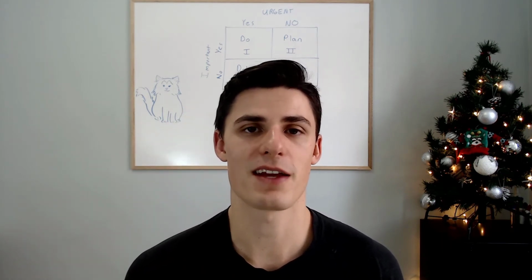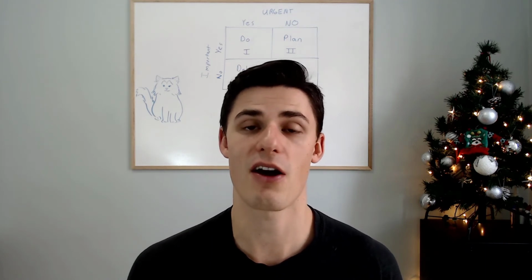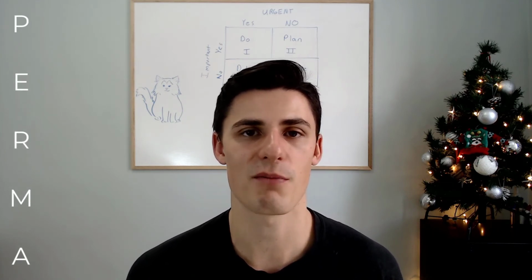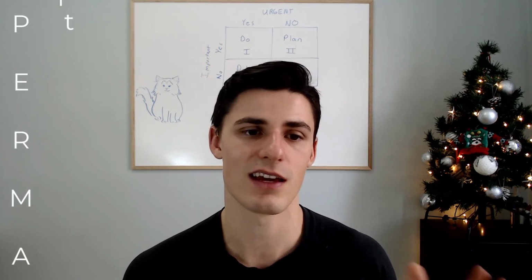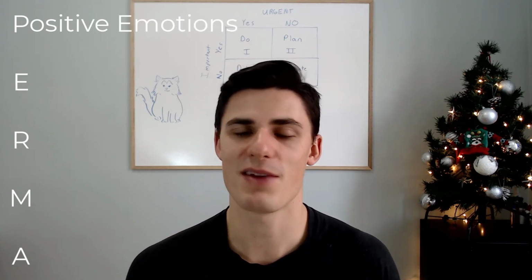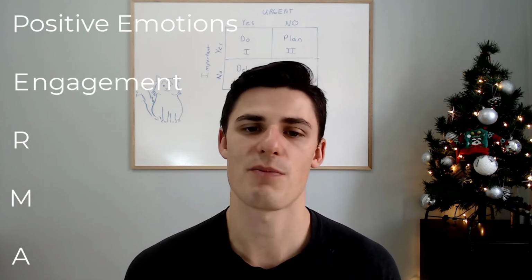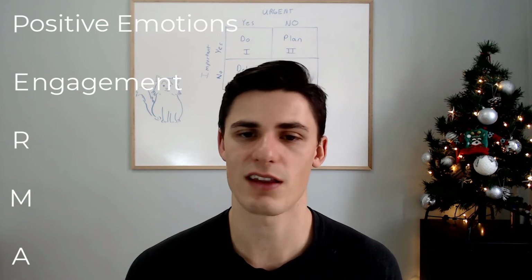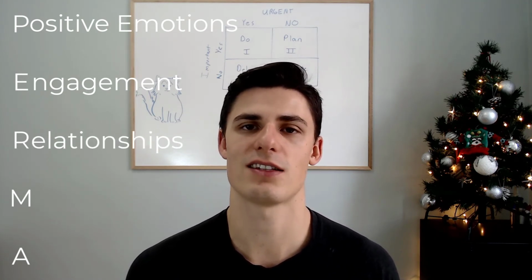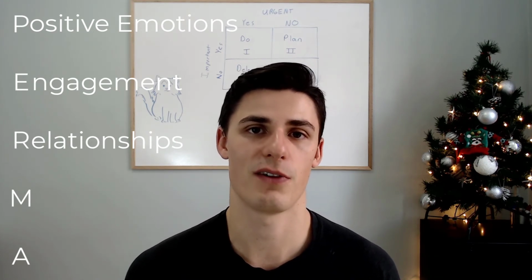To be clear, I'm not making the extreme case that happiness is just about not having bad things in your life. In fact, the PERMA model proposed by Martin Seligman suggests that you need a mix of things to experience happiness and life satisfaction. The P stands for engagement, so that would be things like flow. Relationships, obviously, I think there's a Harvard study that says your social relationships are the best predictor of life satisfaction